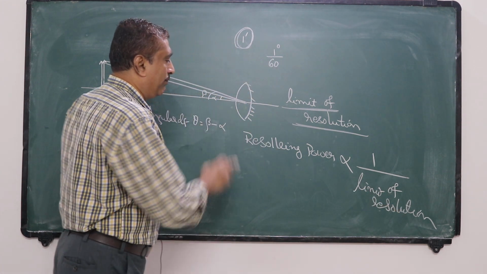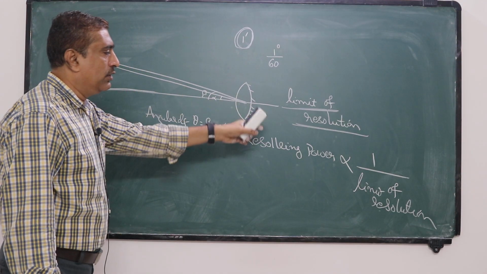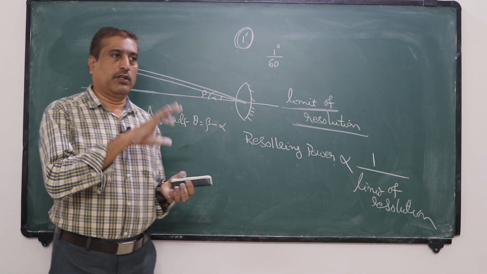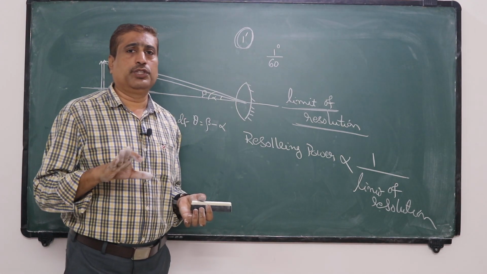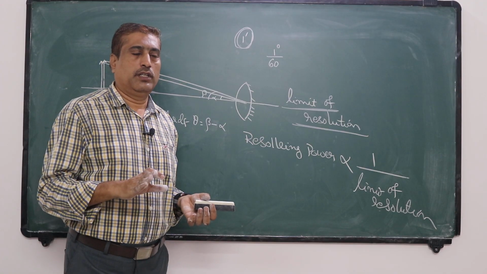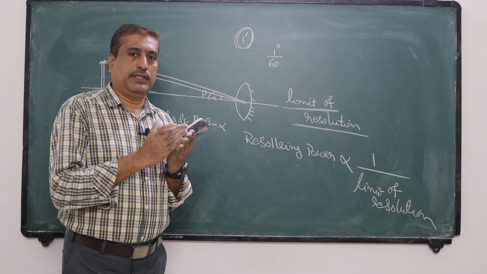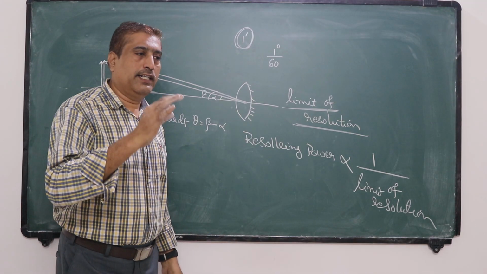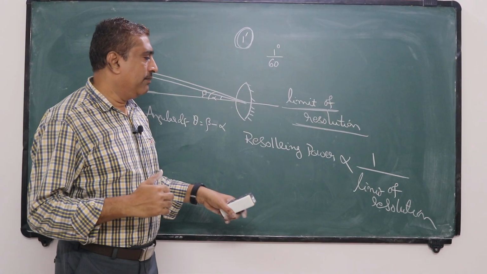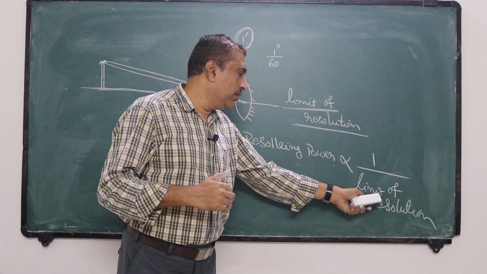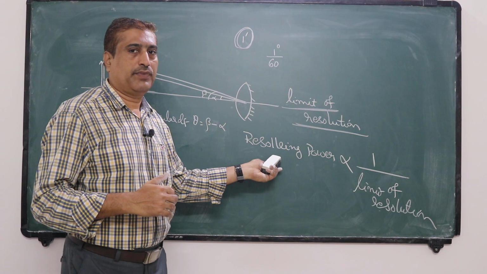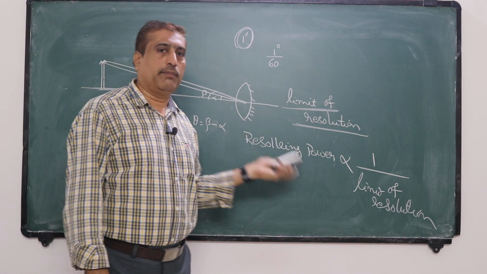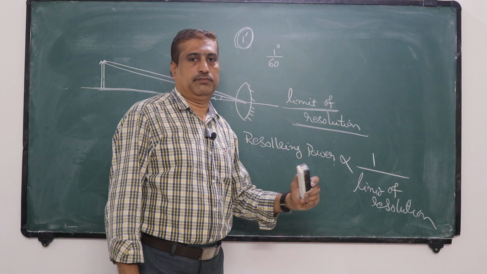Okay, so resolution, limit of resolution, and resolving power of an optical instrument. Now we conclude this. Resolution means the process by which we can observe two close objects as separate. That process is called resolution, and there is a limit on resolution, and the reciprocal of that limit of resolution is called resolving power. And the resolving power of an optical instrument is its ability to give separate images of very close objects. Okay.